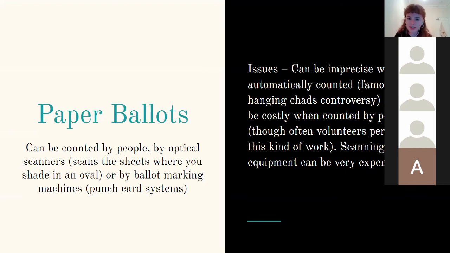And then also these can be kind of costly when you get people to count them, though a lot of countries will get volunteers to perform this work anyway, but it can still be expensive if you do have to pay people, or it can just take longer if you're not able to employ a lot of people to do it. At home, the count is kind of a big event where they manually count ballots. So it takes a long time and people watch the results come in very slowly. Some of the harms of this may be that it gives a misleading overview of what the election board is looking like, because some constituencies will get their votes counted faster than others.